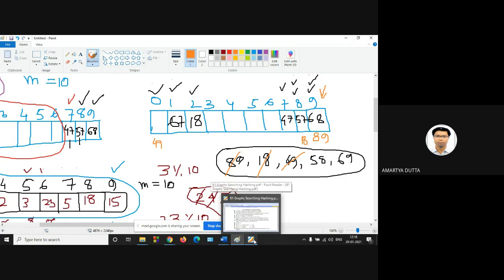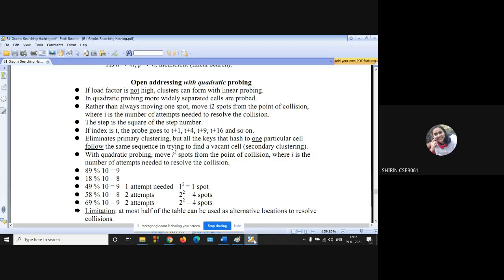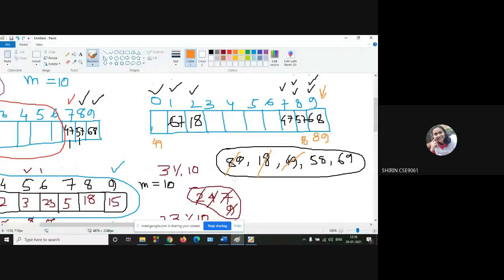Are you sure this is 2? Yes, sir, because it was supposed to go in 8, so it will face 2 collisions. So t plus 4: 1, 2, 3, 4. So 2 collisions means 2 squared, that is 4. That means position 1, 2, 3, 4. So this will be your